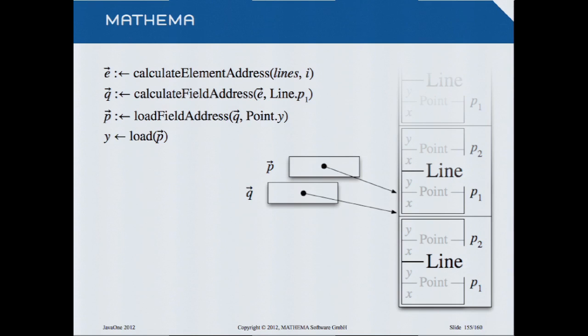that we can also access these things by pointer. So for example, if you see load field address, we get now the field address, and now we can do it with load. So the difference is, this is the pointer to the line, and this is the pointer to the point, and this is a pointer to the element. Because this is a pointer, we can misuse it in a proper C way.